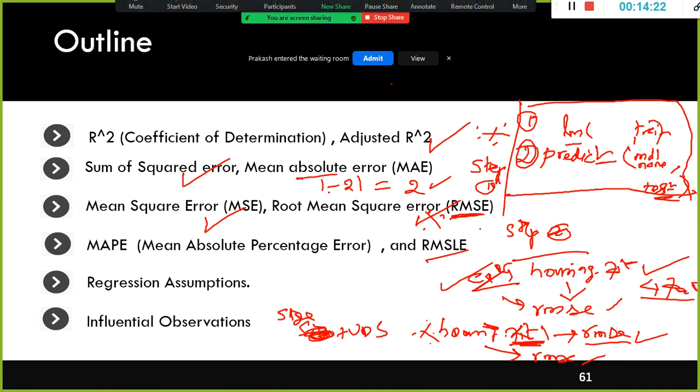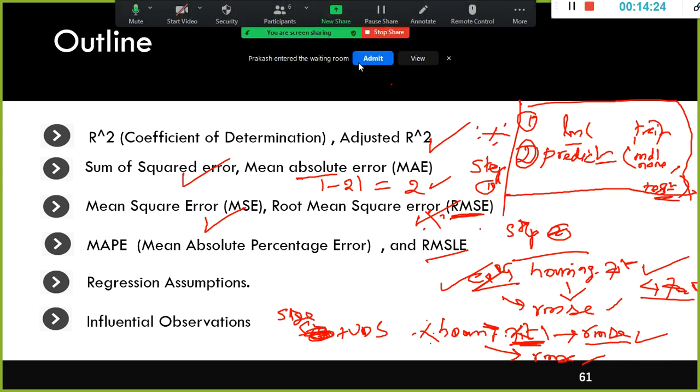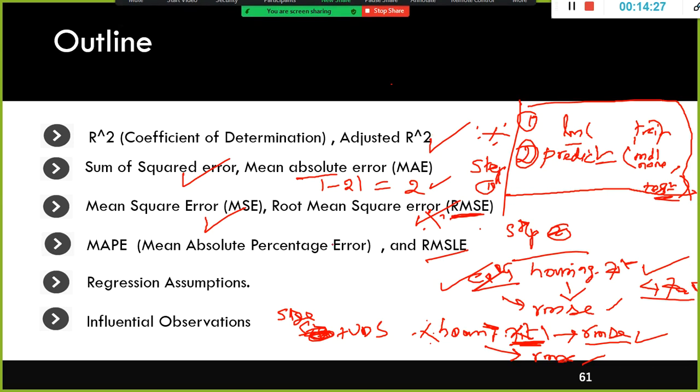Next we have something called mean absolute percentage error, which we will discuss later. Apart from these metrics, when should I use RMSE, and when should I use adjusted R-squared? See, with these two models, the adjusted R-squared was the same.